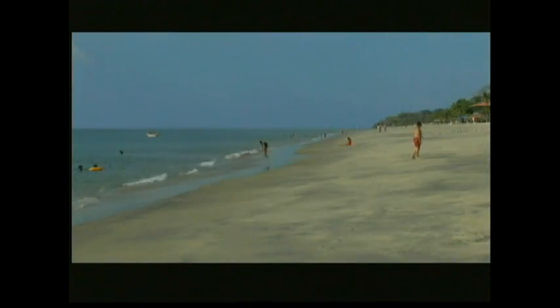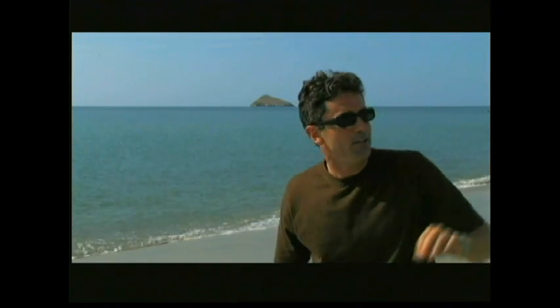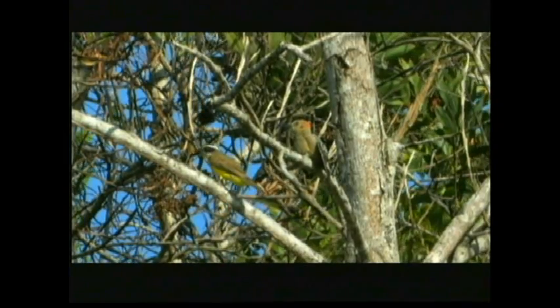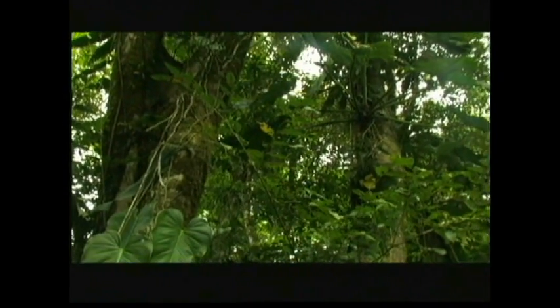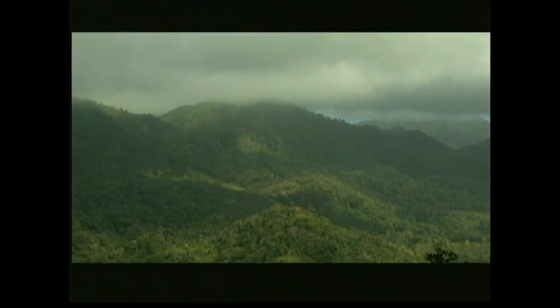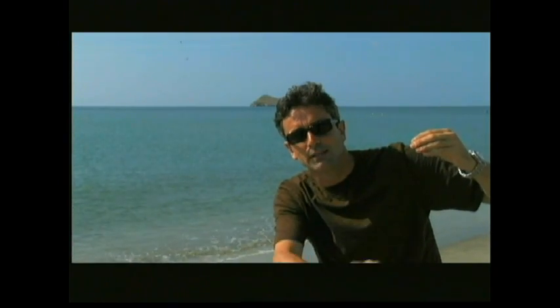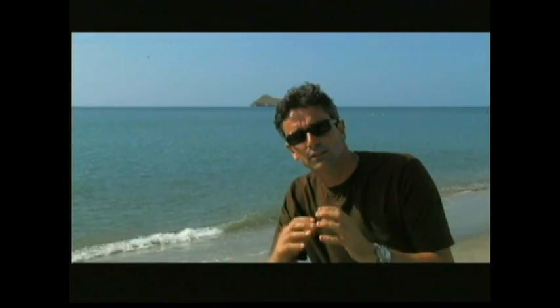Panama is one of the few places in the world where you can be at the Pacific Ocean in the morning and be at the Atlantic Ocean in the late morning. This is the Pacific, and right next to us, next to this Pacific Ocean beach, is Pacific dry forest. And as we move into higher elevations, the forest changes. As we get into the foothills, and even further as we get into the cloud forest at the higher elevations. It then does the same thing on the other slope until it gets to the Atlantic, with the forests changing